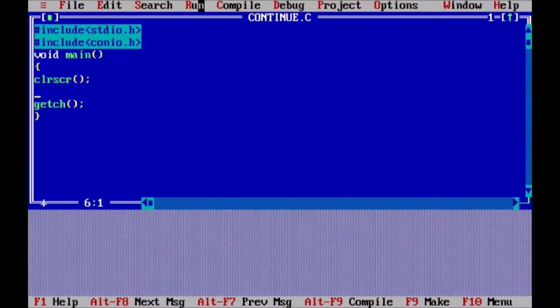Hello guys, welcome back. In this video, we will talk about the continue and break statement in C. Continue and break statements are very important statements that can be used inside a loop, and they can be used only when we are using a loop. They can be used inside any loop, like a while loop, for loop, and also a do while loop. So you can use continue and break in any kind of loop.